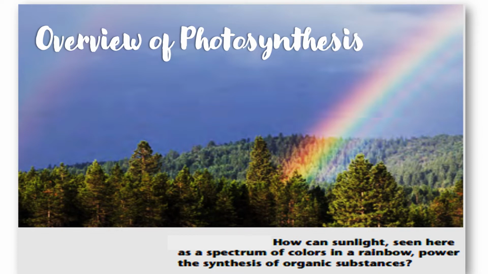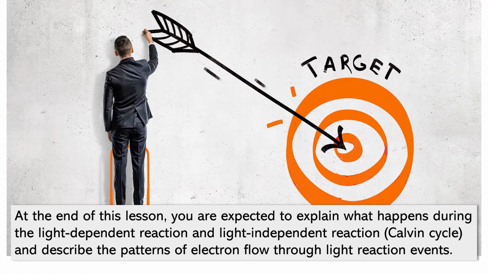Let's explore. But first, let me present to you our target, our objective for this lesson. So at the end of this lesson, you are expected to explain what happens during the light-dependent reaction and light-independent reaction, or the so-called Calvin cycle, and describe the patterns of electron flow through light reaction events. So, we're going to discover ano nga ba ito tinatawag ng mga light-dependent and light-independent reaction that happens during the